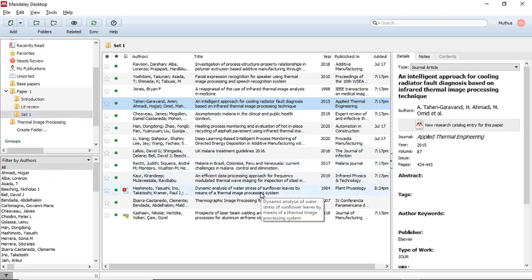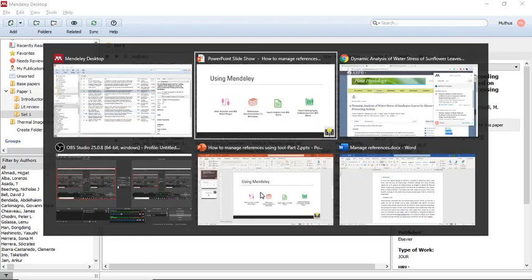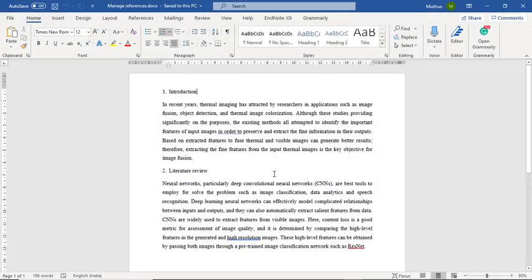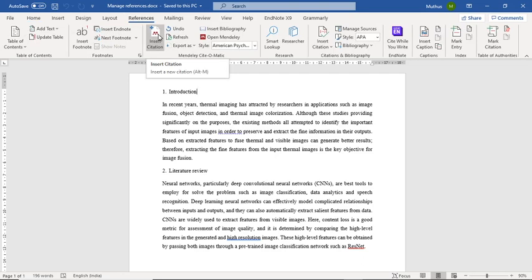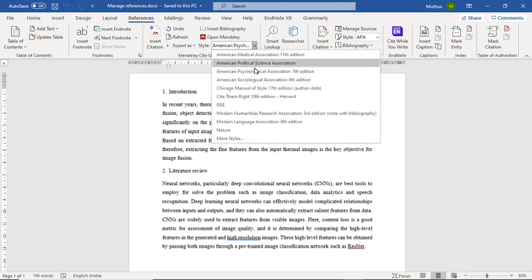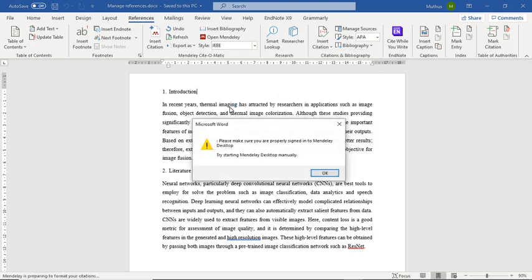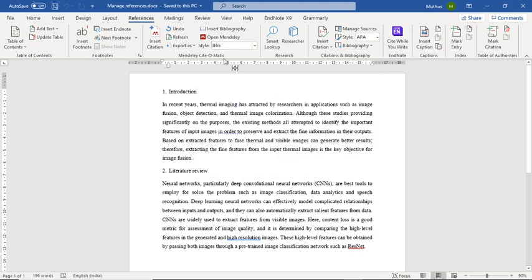Now I am going to explain how to include the citations in the Word file. Here I already copied some content. Based on your plugin, the icon is available, with the insert citation and insert bibliography options. Before that, we have a lot of patterns, that is, the reference formats. Here I am using the IEEE format. Based on that, we can include the citations.